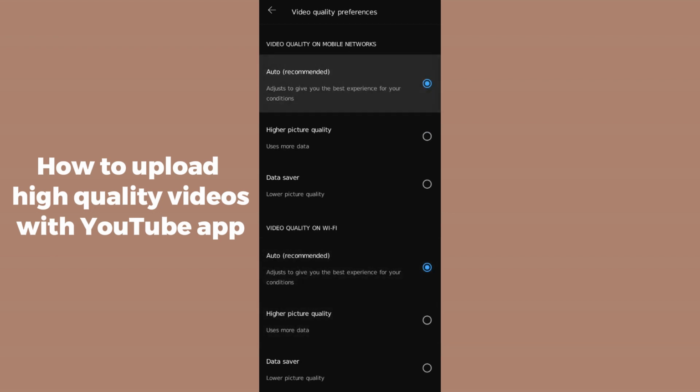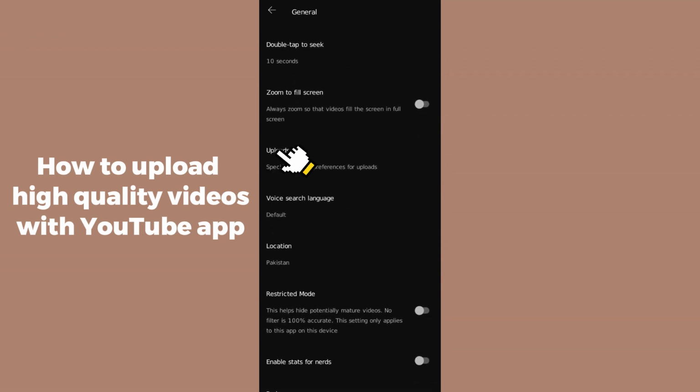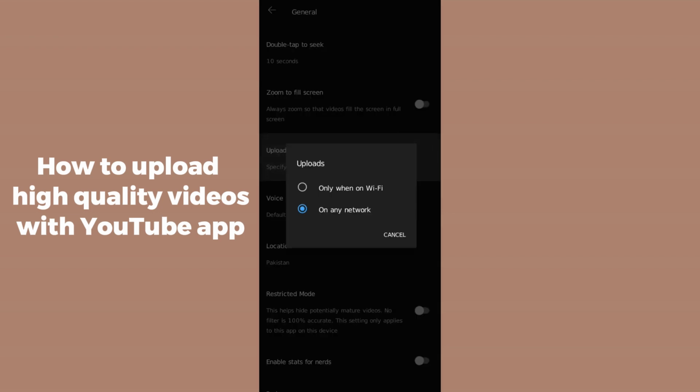So after making it the higher quality again, you have to just simply go back. After that, you have to just simply go to the general in the first setting. In the general, you have to just simply scroll down, and here you will be able to see the option which is uploads. So simply click on uploads and simply go to only on Wi-Fi or network according to your needs. Whenever you're done specifying the network, you guys can upload the higher quality videos with the help